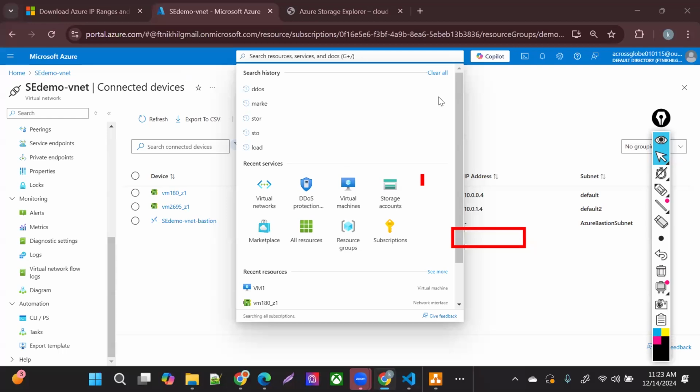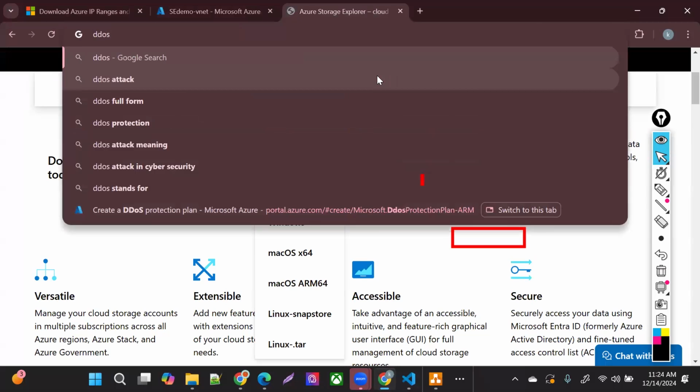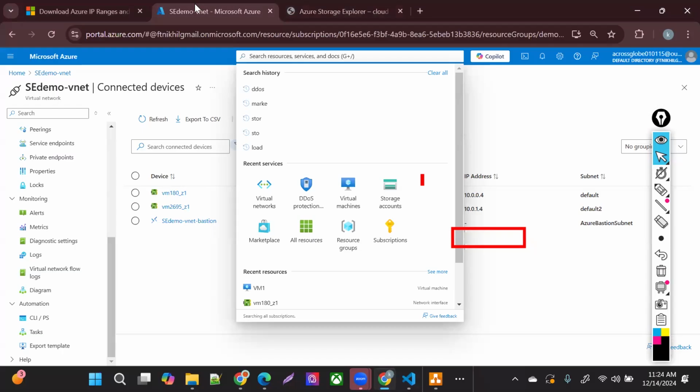Okay. So suppose there are many resources in a VNet. If you assign it to the VNet, does it apply to everything? And does it cost extra, or does it depend on anything? Let's say with the Premium standard plan, you will have 100 public IPs. You can attach those 100 public IPs. Let me show you that. So unless you cross that 100 public IP limit, you won't be paying anything other than the $3,000. Okay. So there will be a limitation on the IP addresses, right?